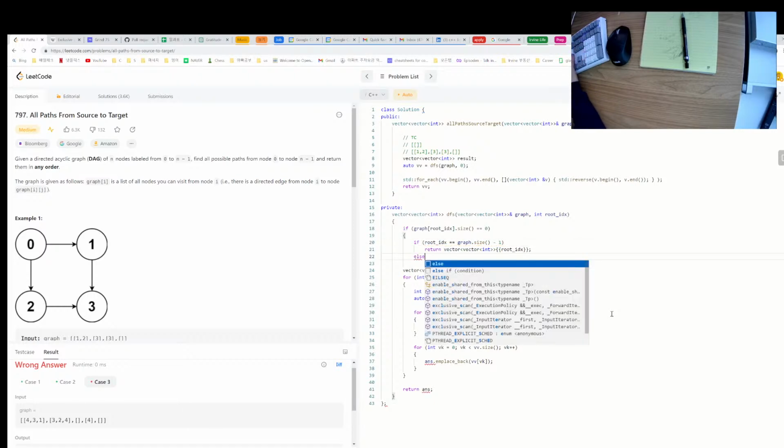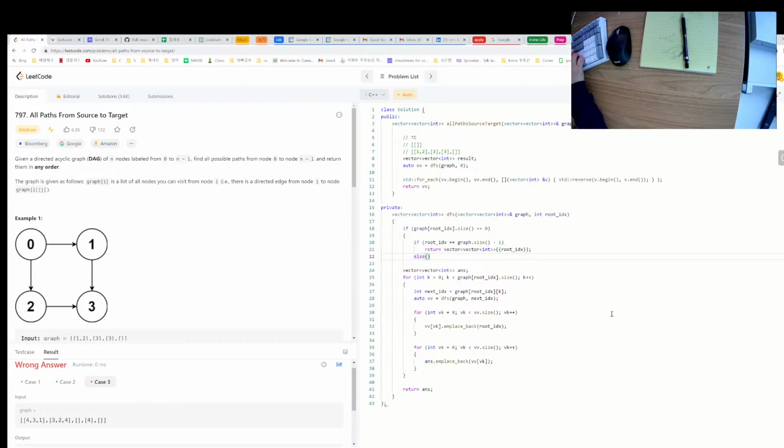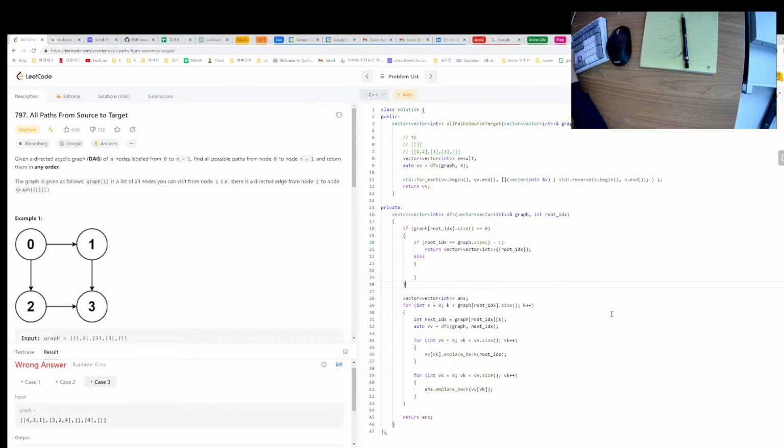But what's the else? What's the else? If, so the thing is, in this code,